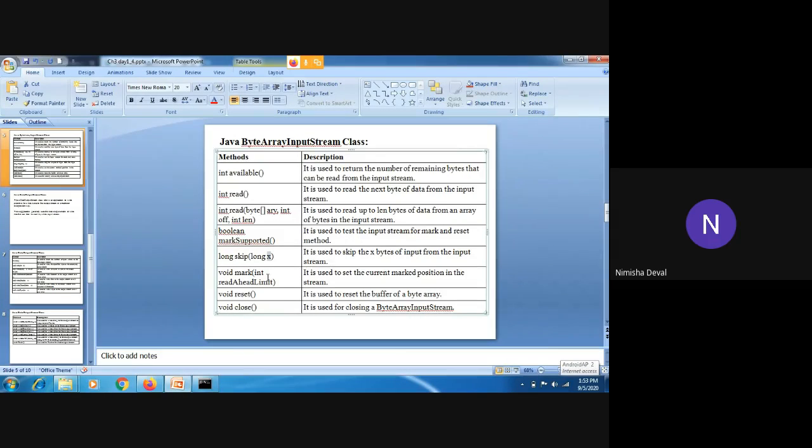Then void mark with the int readAheadLimit, where we can mention the limit of that position. It is used to set the current marked position in the stream. Then the reset method and the close method are there. These are the common methods, so you can remember them very easily. You can take a screenshot, and then we can move towards the program.